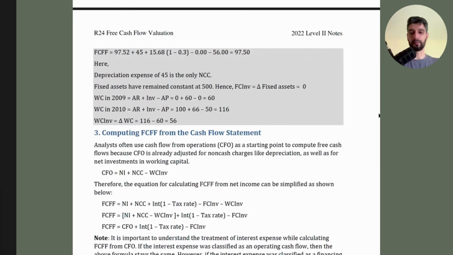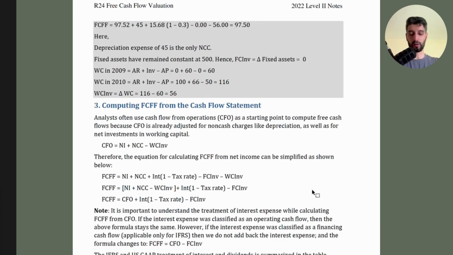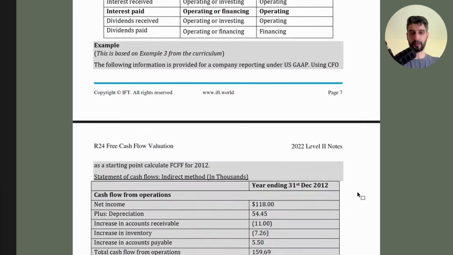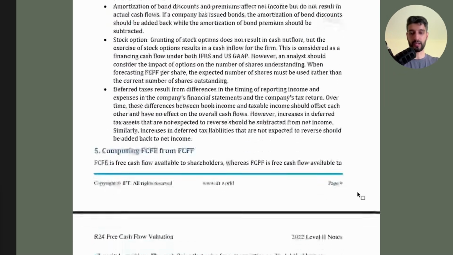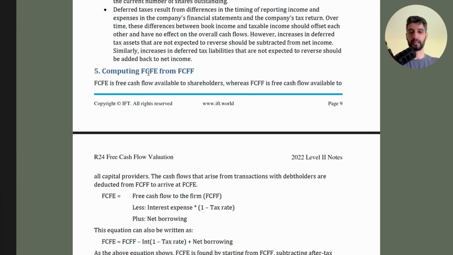And then we look at computing free cash flow to the firm from the cash flow statement. And here we'll be using cash flow from operations, or CFO. Again, the formula is below it. We'll come back to this. And there's a few notes on the different accounting standards, and then another worked example. A couple of additional considerations, and as we go further down, we move on to free cash flow to equity,